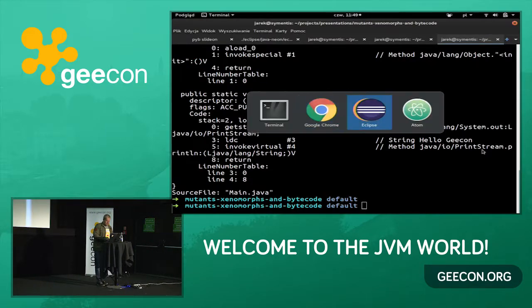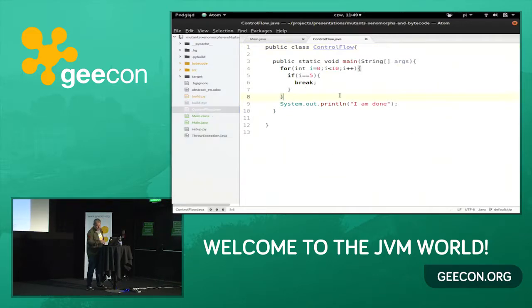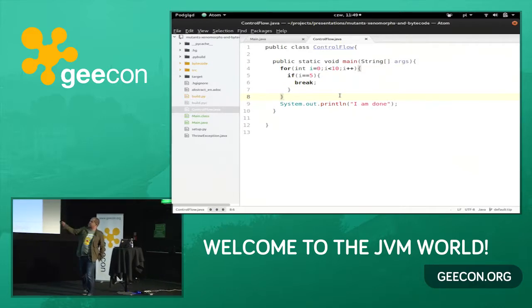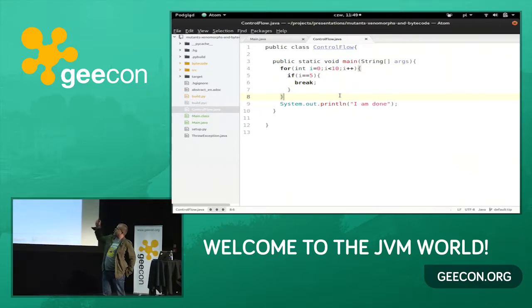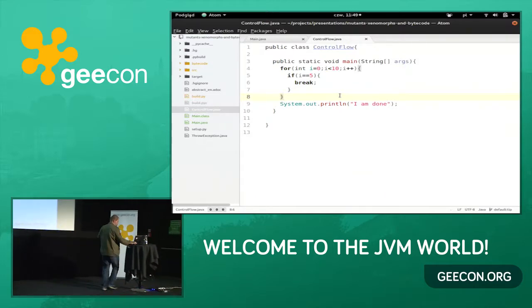Let me give you an example. Okay? We have a couple of control structures here. Yeah, we have a break, we have a nice for loop. How does it look in bytecode?